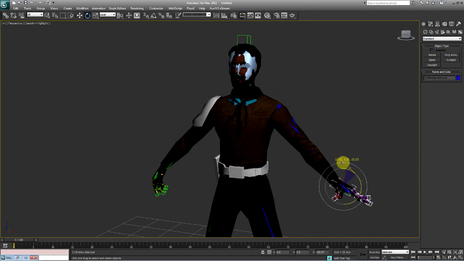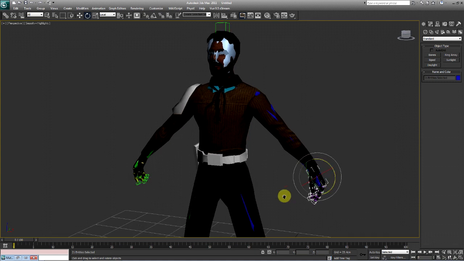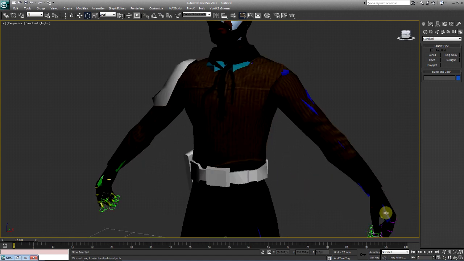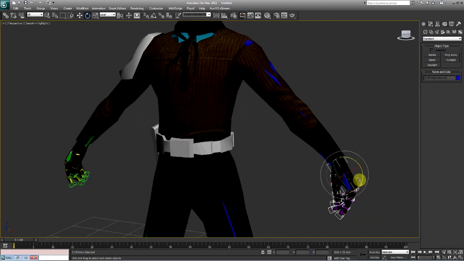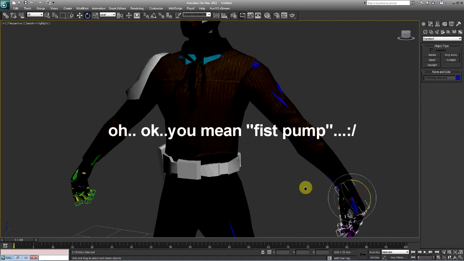You can also check to see if you rigged the fingers pretty well. Just go ahead and select the palm, double click it, and all the bones on the palm will be selected, and it looks pretty decent. So clutch a fist because you are awesome. Give yourself a pump fist. And anyways,